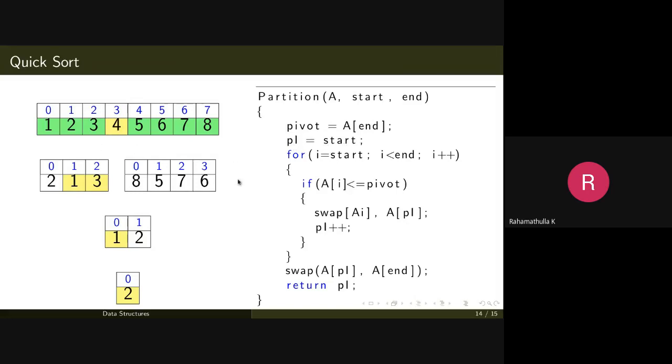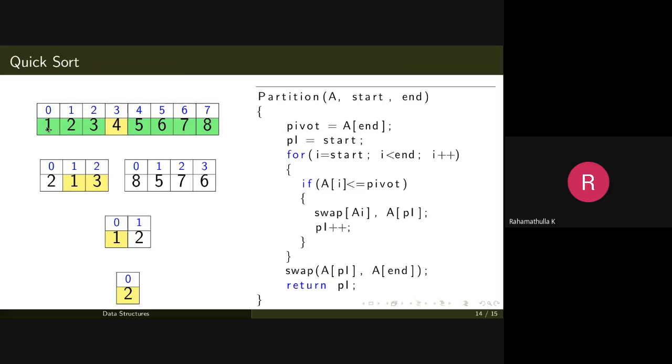Then you compare each element, A of i, with the pivot element, and if the element is less than the pivot element, you swap A of i with A of pi.